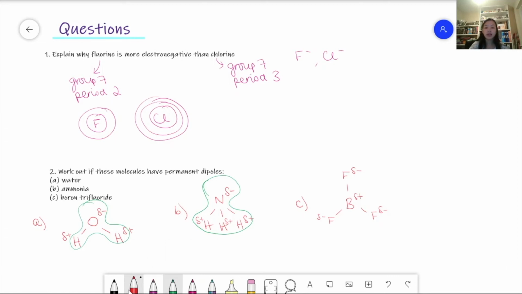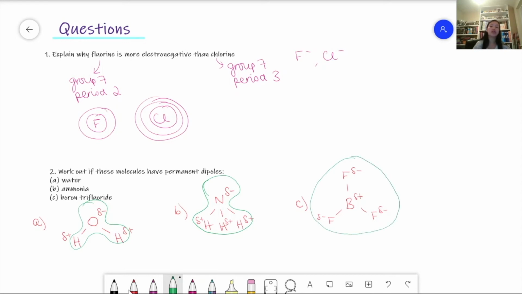However, because there's 3 fluorines attached to a central boron, this means that the bonds may be polar, but the whole molecule itself does not have a permanent dipole and is not polar, because if we had a look at it,